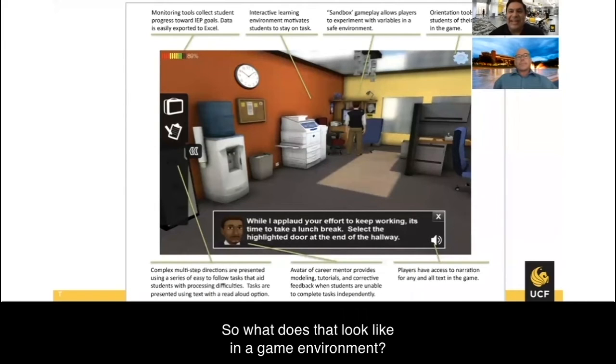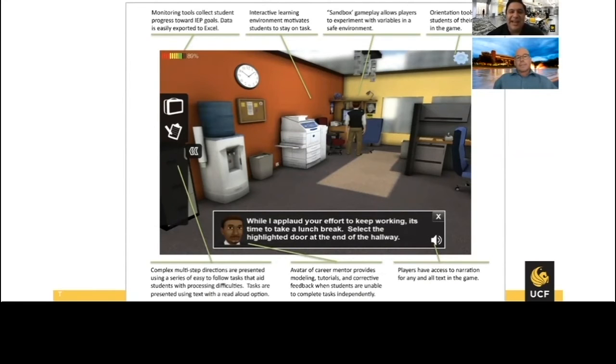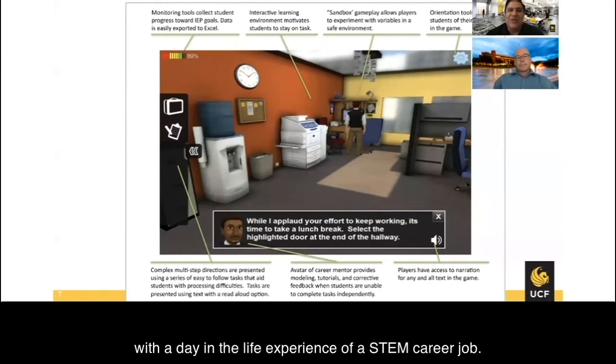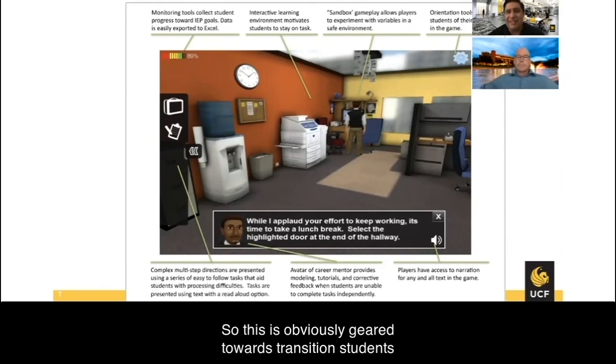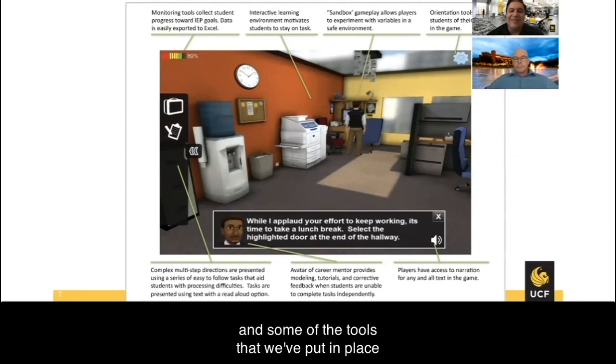So what does that look like in a game environment? This is a snapshot of one of the games Matt and I helped create with Language Express. The goal is to provide players with a day in the life experience of a STEM career job. This is obviously geared towards transition students. And what we have here in this user interface are some of the accommodations and some of the tools that